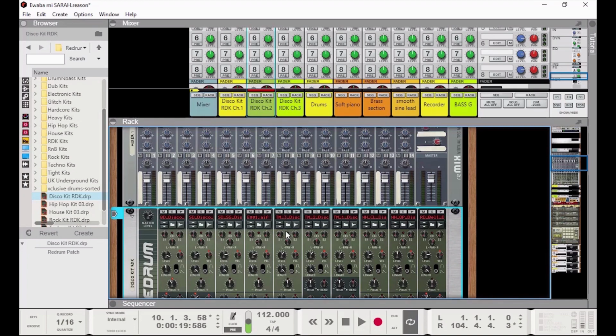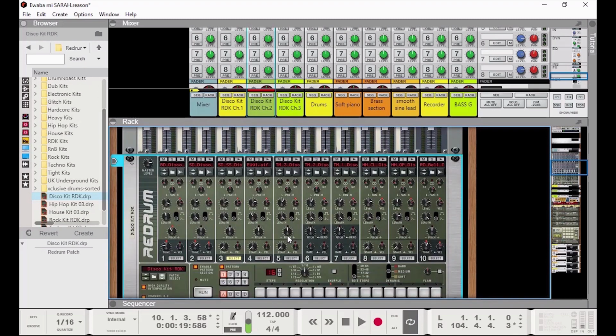Now that's just for the Redrum. Another type of drums, of course, in Reason